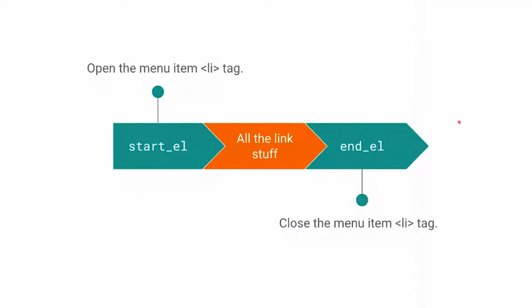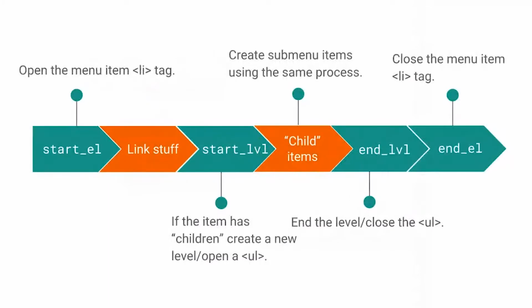Here, this is what happens if you start creating a submenu. We open the list element tag with start LI. We put in all the stuff we want to put in. Then we use the start level function, or really the Walker does. It does the start level function, builds in whatever it needs to build in for that next submenu